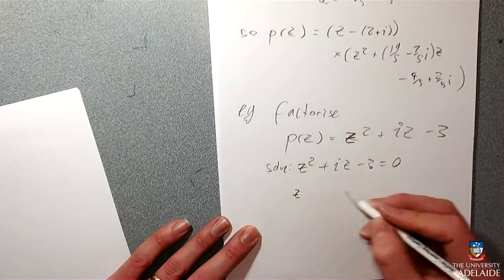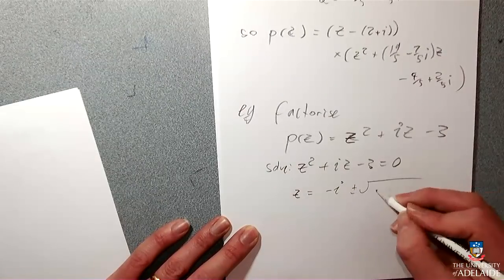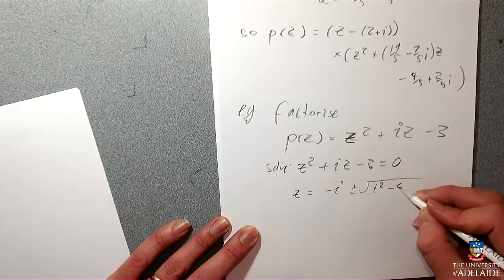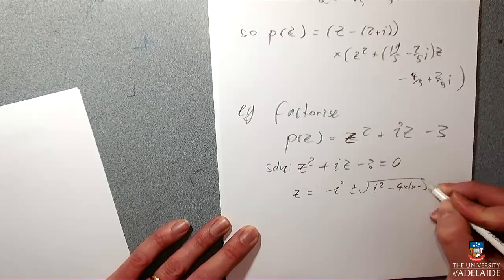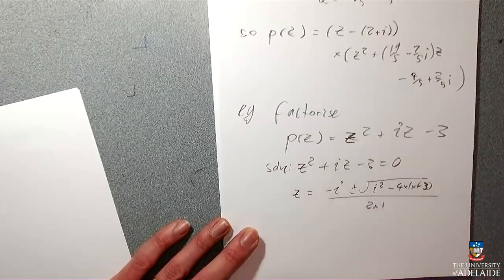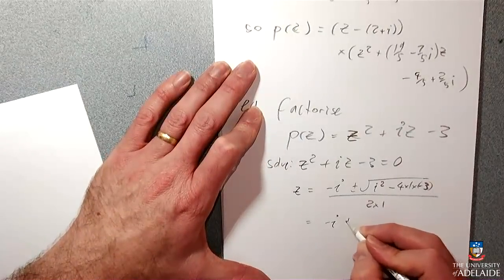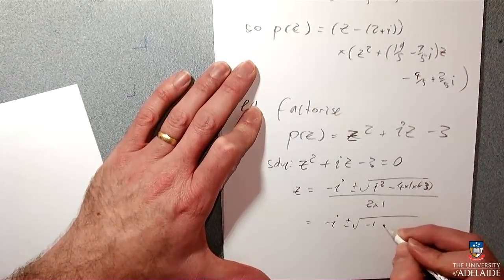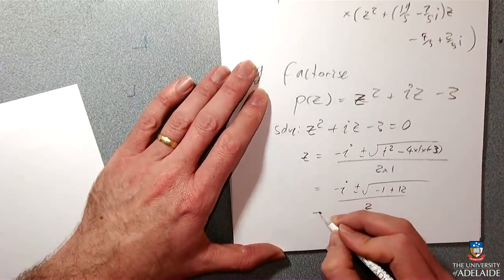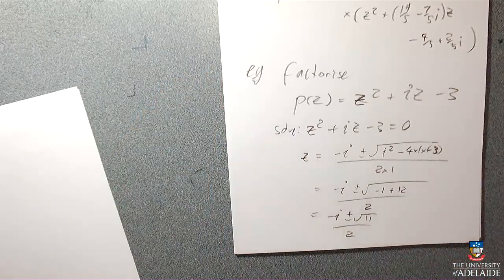Something like that. So if I wanted to solve that, I'll get z equals minus b plus or minus the square root of b squared minus 4ac. Oh, this one actually works quite nicely. So I do exactly what I normally do, and so then I get 4 times 3 is 12. So I get minus i plus or minus root 11 over 2, which is two perfectly good complex numbers.